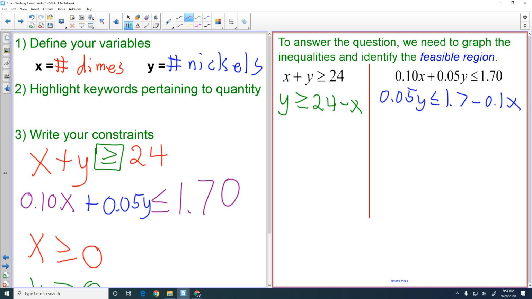Ooh, that's some tricky math right there. y is less than or equal to... anyone know 1.7 divided by 0.05 off the top of their head? It's okay. We can cheat once in a while. 1.7 divided by 0.05 is 34